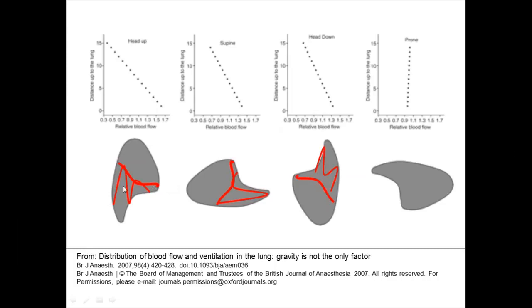Okay, so the lower part of the lung will be getting more blood in upright position, including also the back of the lung. What about supine position? There is no change. Still the bottom of the lung getting more blood, and also the back of the lung. Hanging the monkey from the legs with the head down, still the bottom part of the lung is getting more blood, and there is no change in the blood distribution. The only change happened in prone position, for some reason which we don't actually